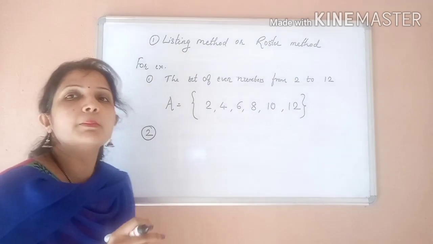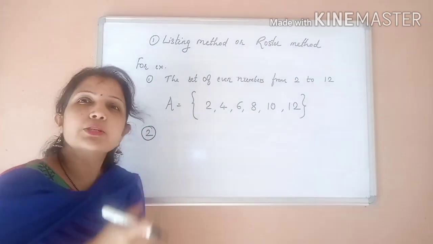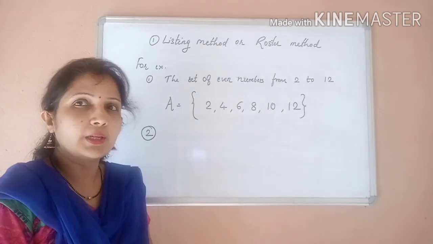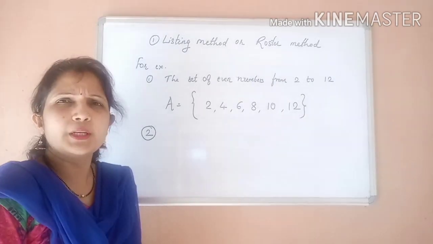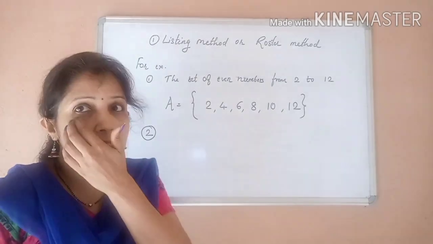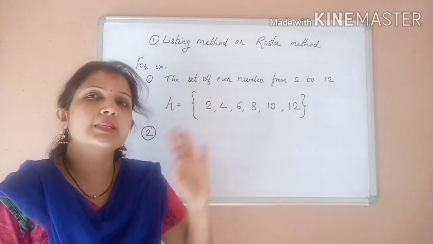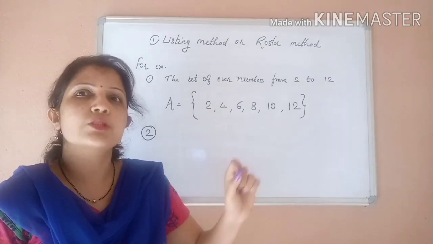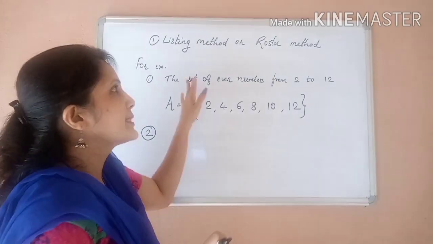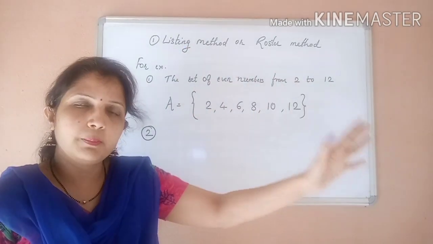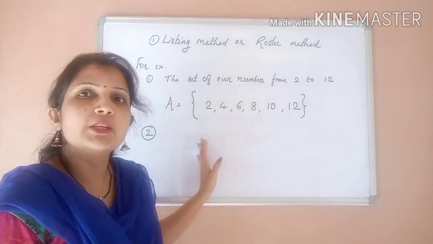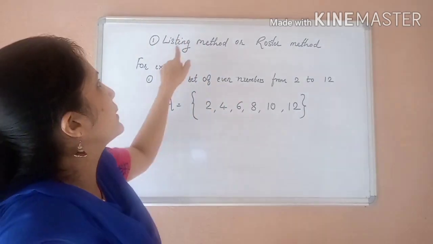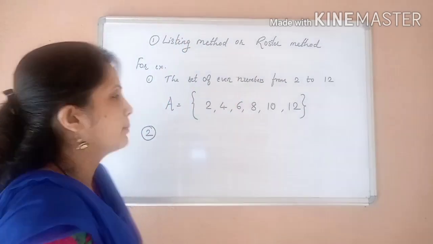Dear students, remember you are going to keep one 200 pages notebook for your maths, and you will be writing down whatever has been taught in the videos. No need to write each and everything, but when certain definitions come, and the examples, no need for the rest of the explanations. In case of a certain definition, for example, sets, what was the definition, that you will write. The examples which are given, you will copy down. Okay, and these methods, that is, the first method is the listing method, roster method, and the examples.